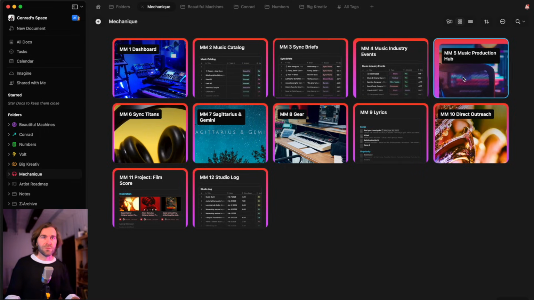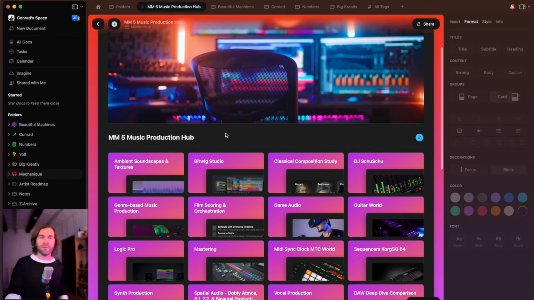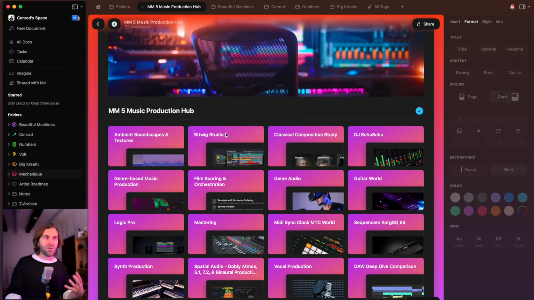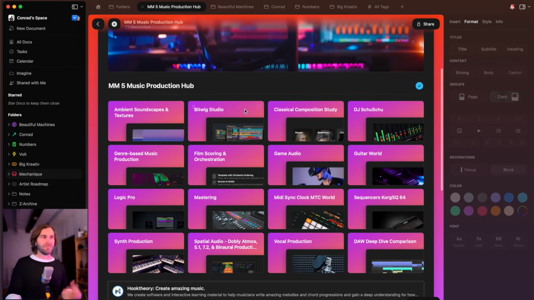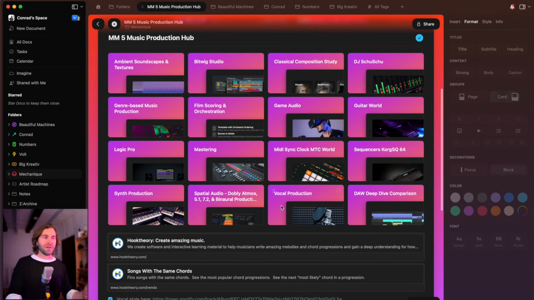And then I have them separated by different sources and status here. All right, what else? So let's go over to this one. If I open up this music production hub, this is a way of how I keep track of learning different aspects of all of this. So from my DAW, which is Bitwig Studio, to game audio, to Logic Pro mastering, MIDI sync clock stuff, vocal productions, synth productions. There's a lot of stuff here.